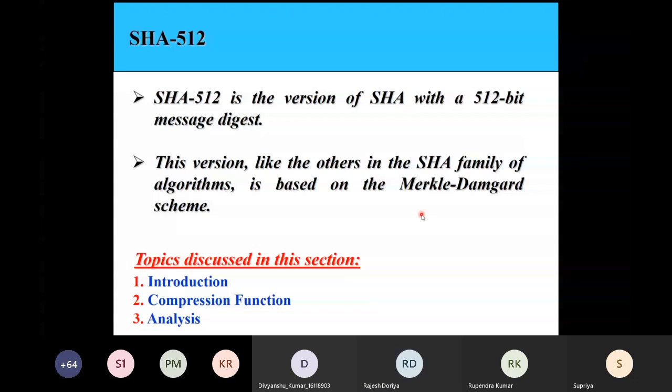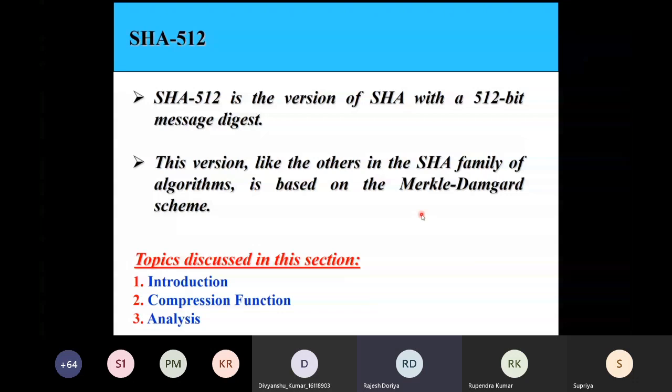In the MD family, we perform a certain number of transformations. These transformations are done in 3 to 5 rounds, and in each round we perform a certain number of steps, and in each step we perform certain bitwise Boolean functions. Notably, those bitwise Boolean functions are the XOR operation, the majority function, and the if condition. So these are the bitwise Boolean operations which we use in the MD family.